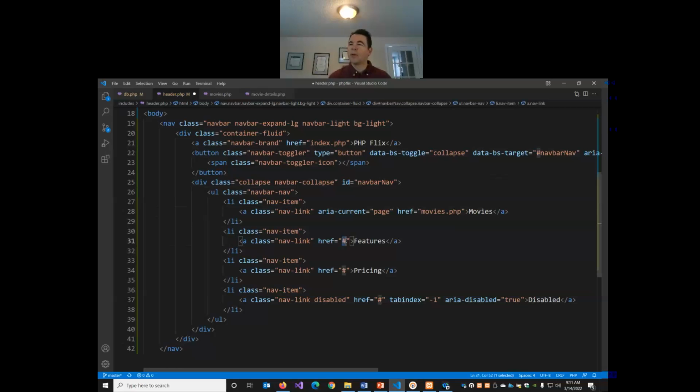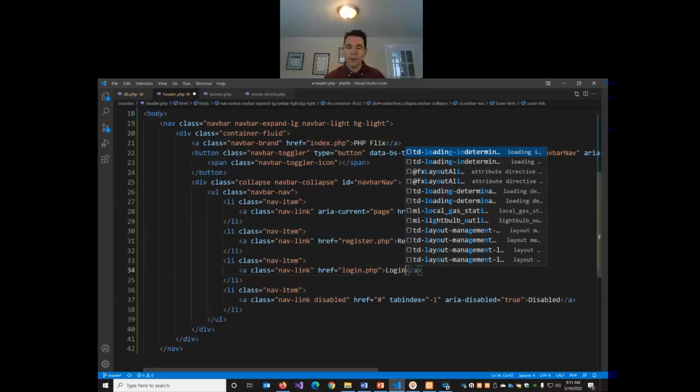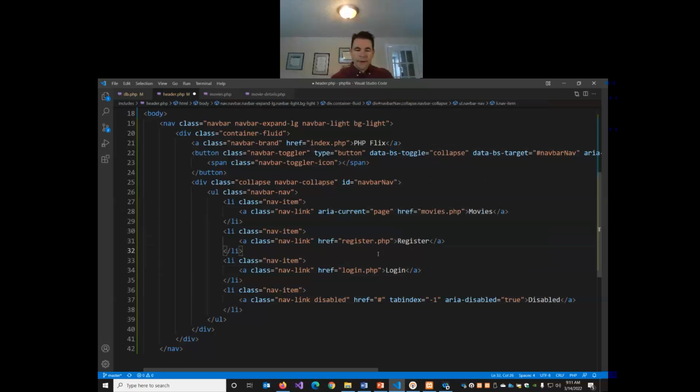We can then add a couple more links that we're going to use next week. Our third link will go to a page called register.php. Next week, we're going to start adding authentication. So we're going to build links to register and log in. So these will be forms we'll build next week. And I'm going to get rid of this last link. We don't need it